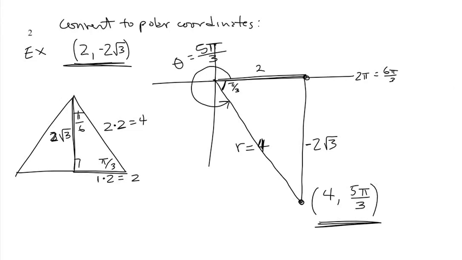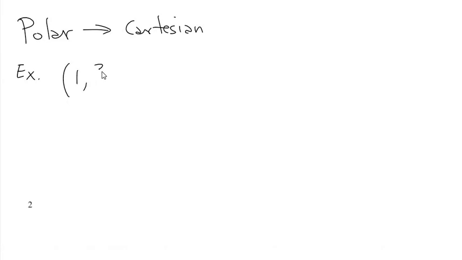All right, let's go the other way. Let's try to go from polar to Cartesian. So we're still trying to convert, but this time we're going to start with a polar example and convert it to Cartesian coordinates. So let's try this point here. This is a pair of polar coordinates, and I'm going to use pretty much the same technique here that I did when I was going the other way. I'm going to start out with a diagram,